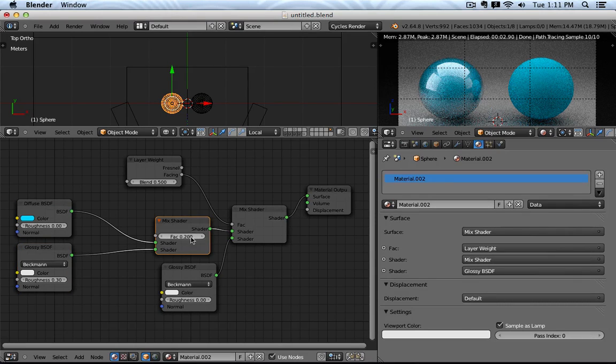And then the output of this mix shader goes into this another mix shader, and then the layer weight decides where I see the combination of those two, or where I see the new clean glossy going as an overlay over it. And then the output is being put into the surface. So this way you can easily combine